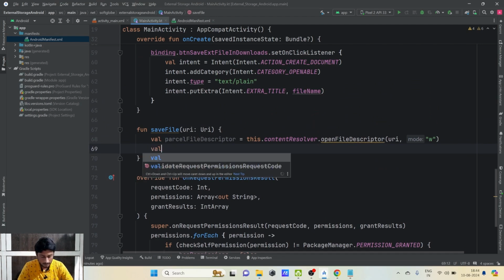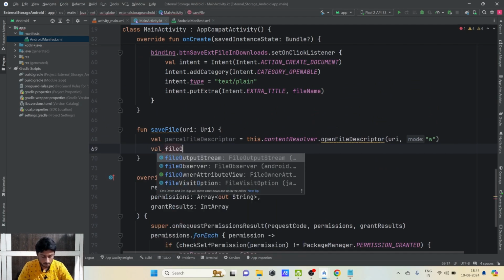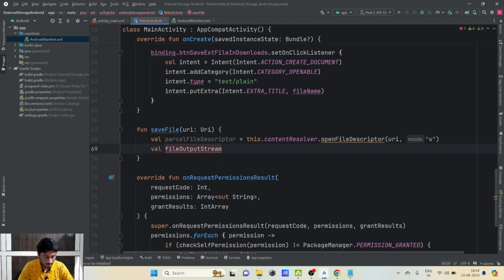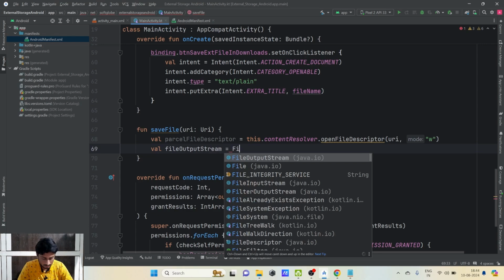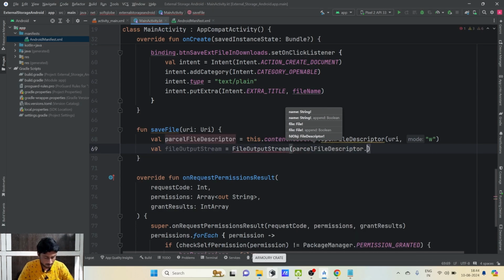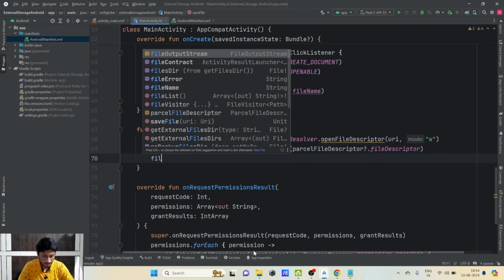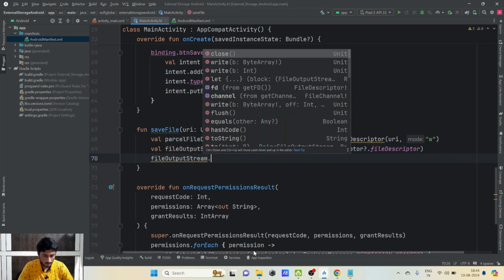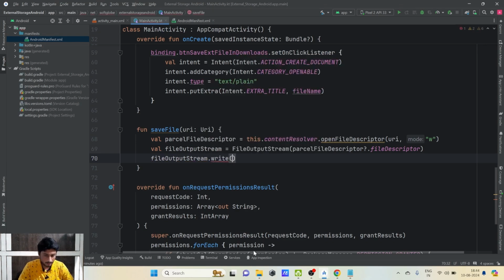And after that, we need a FileOutputStream. So FileOutputStream equal to FileOutputStream, and it requires a file descriptor. So we get that from parcelFileDescriptor dot fileDescriptor. We need to use a safe call on this one. Now we can write our contents with fileOutputStream dot write,